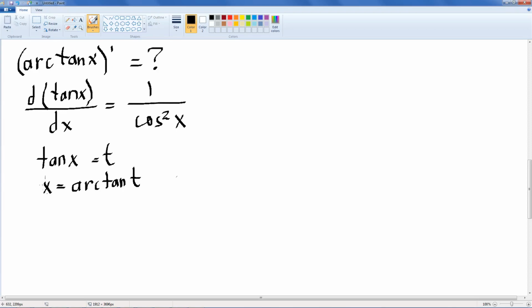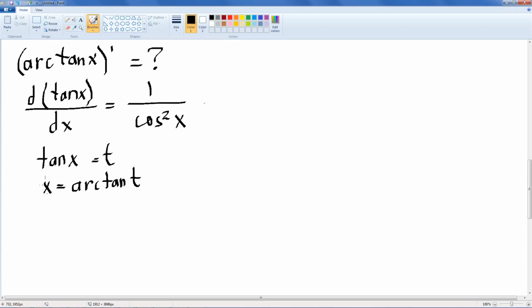And now here's the interesting part. So you see on the right hand side we have 1 over cosine x squared. And that's a bit of a problem because we want to express this part in terms of t. So 1 over cosine x squared is actually not a good thing, but